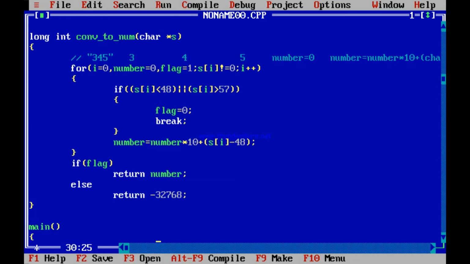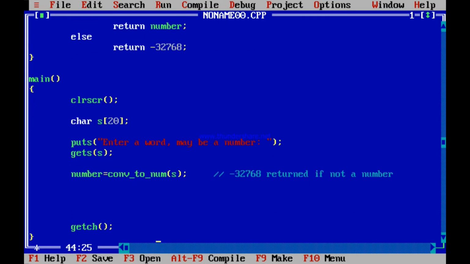I have converted it to a number. Now I can simply print it. So over here I have got the number expected. Once I get this number, what to do? I will have to check if number is equal to minus 32768.